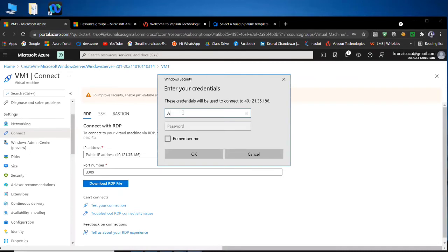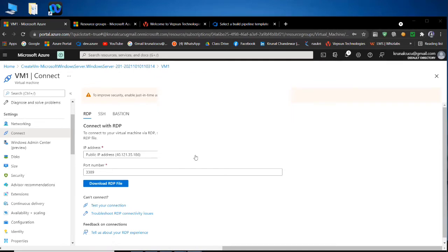I want to connect, so the username is administrator1 and our password is password12345, might be, because I changed one digit, and now we will press OK.